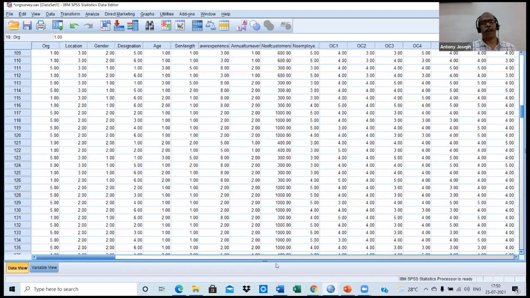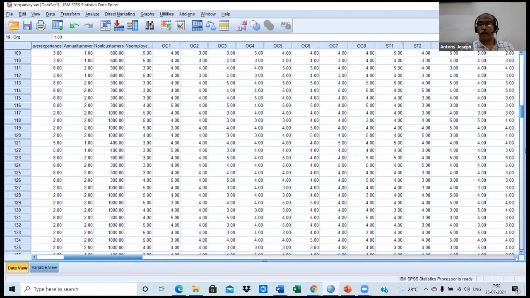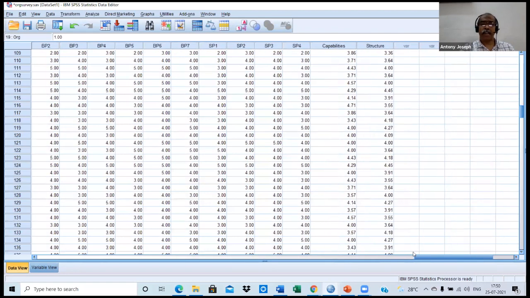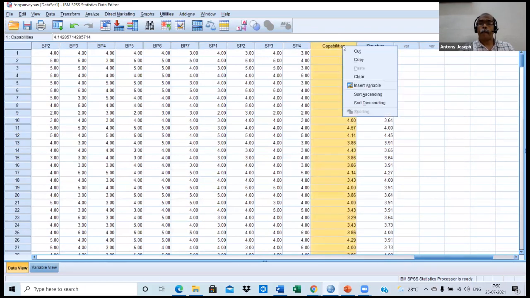Okay, we have a data set. It's a very big data set with almost 370 samples with a lot of variables, so that you will be able to understand exactly how to test reliability.